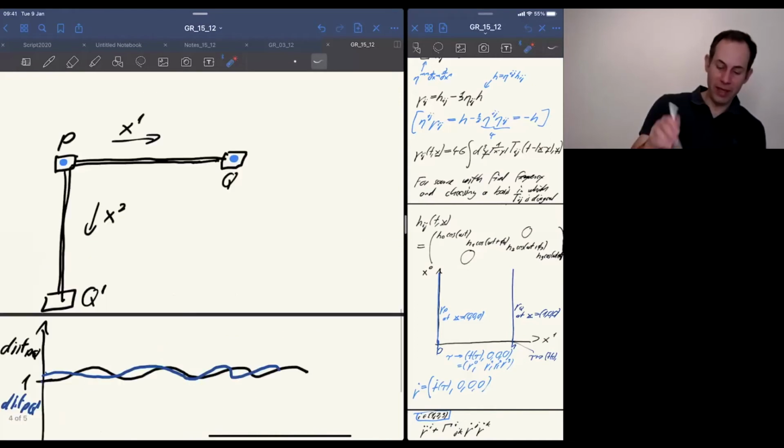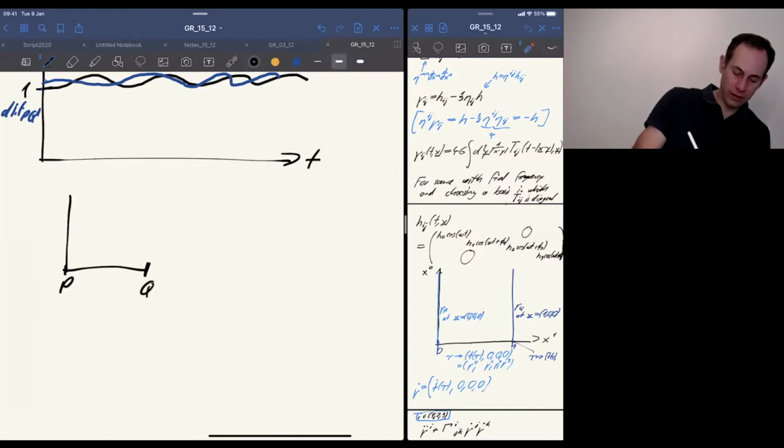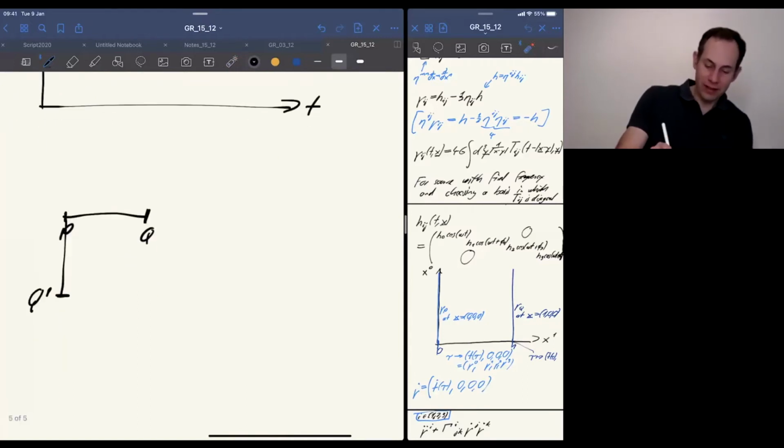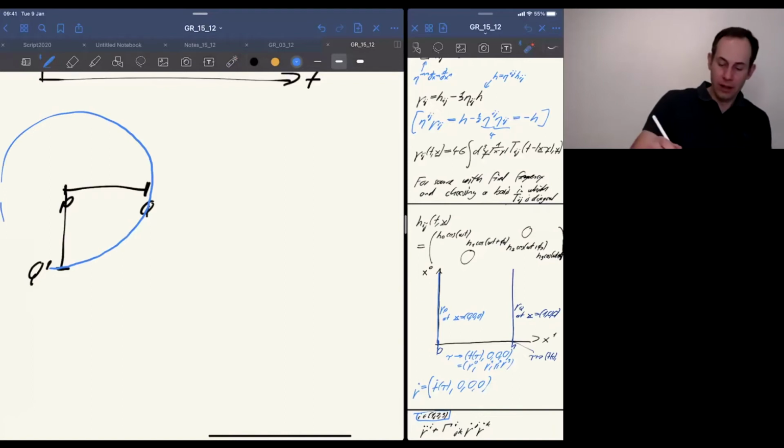So if you think of this as the trace being 0, then what it means is that if I draw now a picture of how the distances look like. So I have before these 2 arms of the interferometer. Let's say this is again P, that's Q, and that's Q prime. Okay, I think I drew it downwards, so let me try to be consistent here. So there's Q prime here. Now, an exaggerated picture, which I will not draw on the level of a fraction of a proton radius, would be the following. So let's suppose that's the situation without gravitational waves. So we could draw kind of a circle here. Now, as the wave comes in,